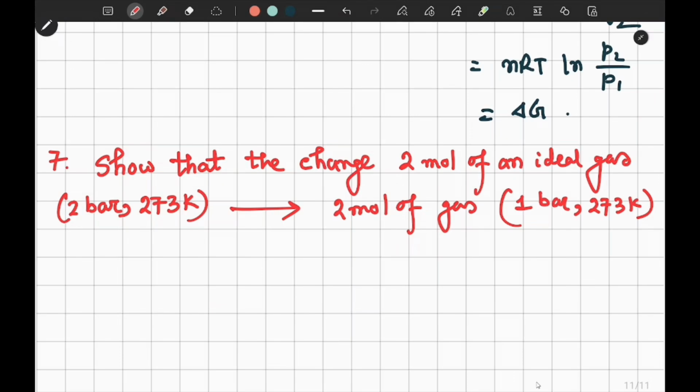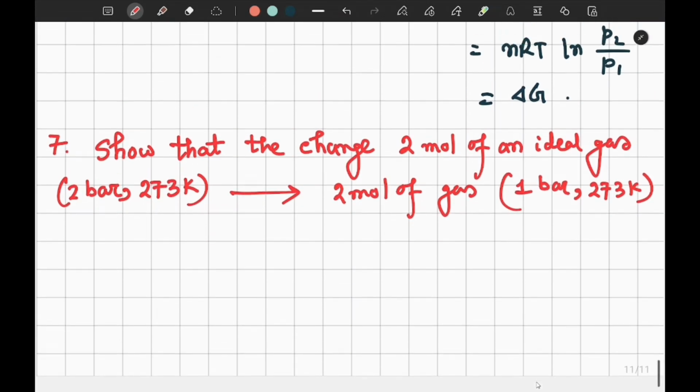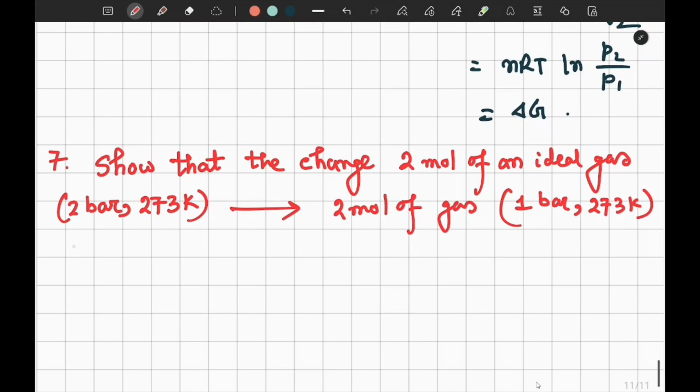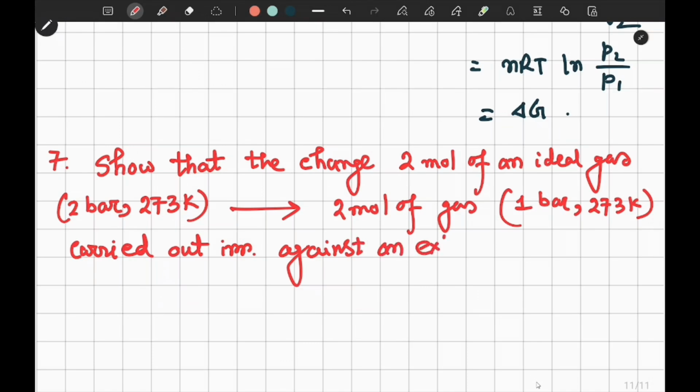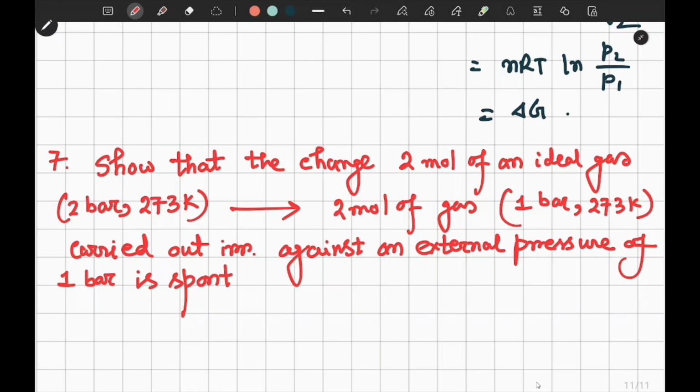The temperature is fixed, you see, we are changing the gas. Carried out irreversibly against an external pressure of 1 bar. That's already seen, spontaneous. So we have to show that this change is spontaneous if you are considering an irreversible